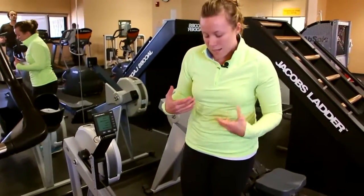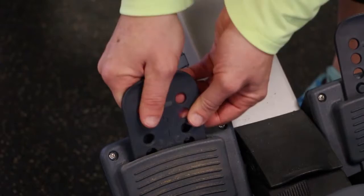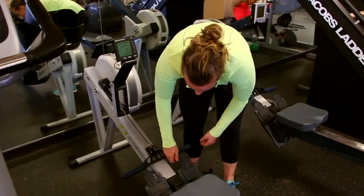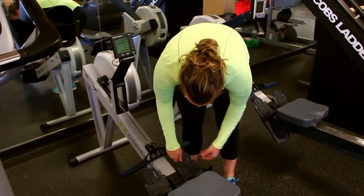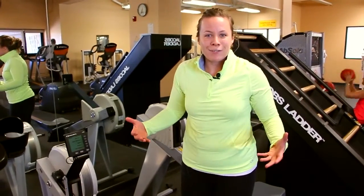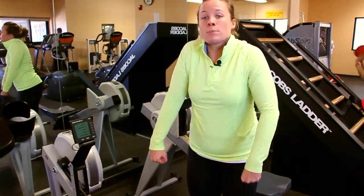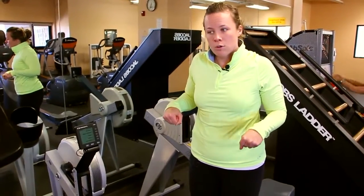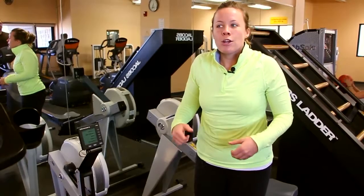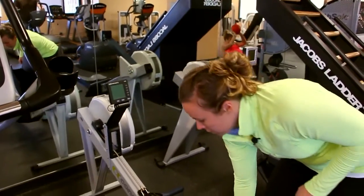So for me, the best setting is at 4. And you want to kind of think of rowing as almost like a deadlift. You're going to use your legs pushing, stand up, and then your arms are the last thing that pulls. So your legs are doing most of the work and your arms are the last thing to pull. So if we get on the machine,